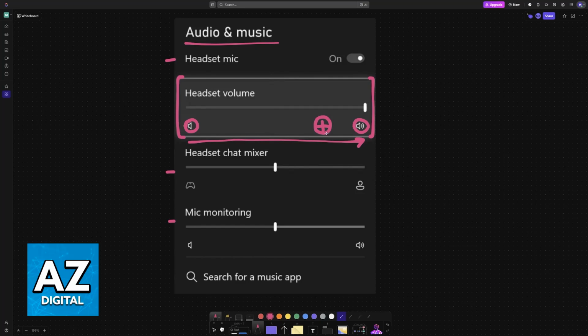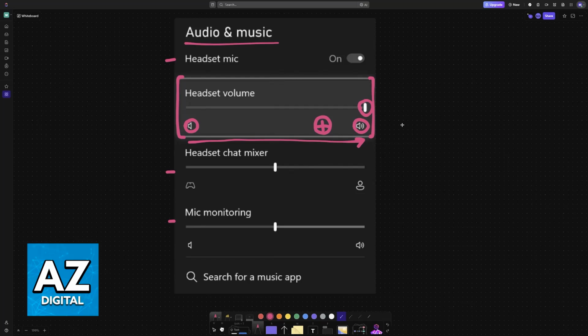So find a comfortable position, and once it is set, it will remain saved, and you will be able to listen to all of the audio being output on your Xbox inside of games, inside of voice chat, and so on at the desired volume. You should also be able to control the voice chat volume individually if you ever join a party, but to keep it simple, to turn up the volume, use the headset volume settings in audio and music.